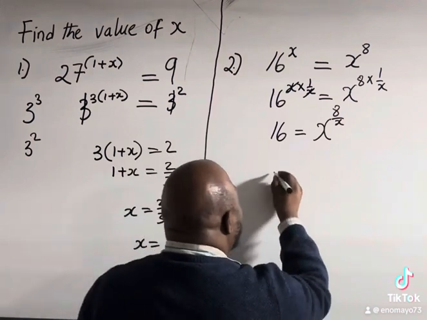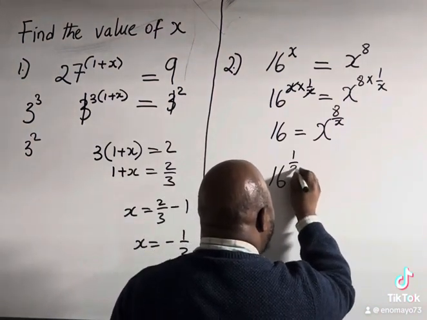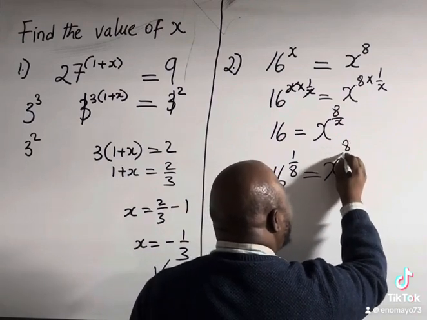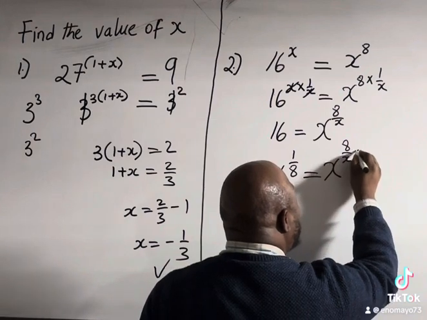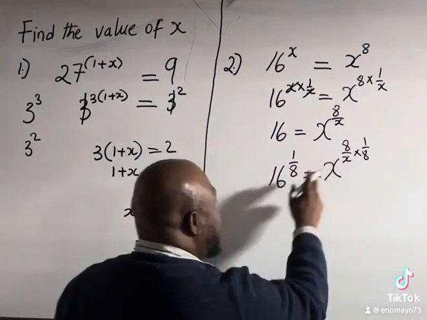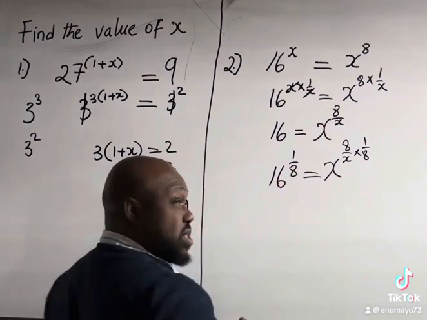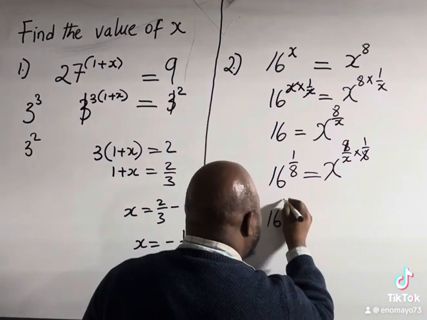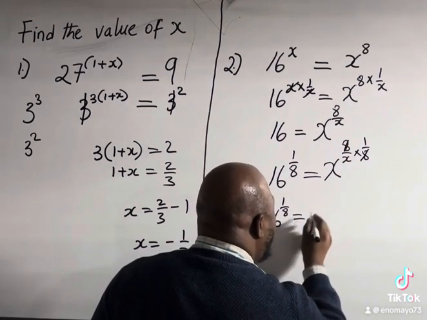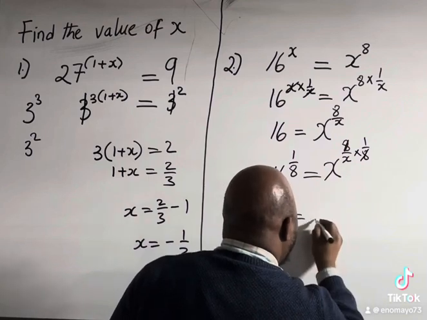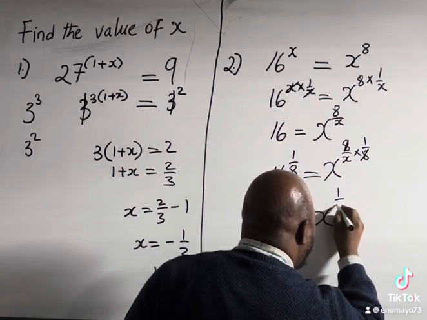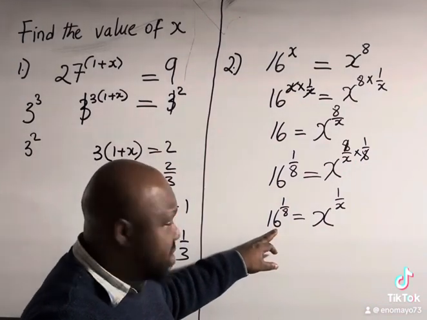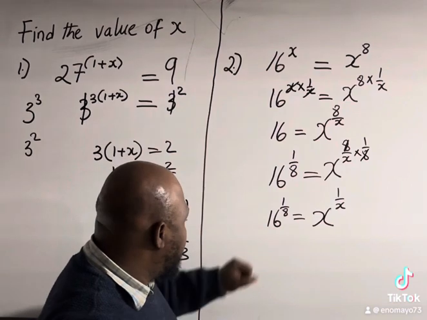So we now have 16 raised to power 1 over 8 equals to x raised to power 8 over x multiplied by 1 over 8. So 1 over 8 and 1 over 8 here, so it's the same thing. So let's cancel this. So we now have 16 raised to power 1 over 8 equals to x raised to power 1 over x. So now this is base 16. So let's try and, we know that